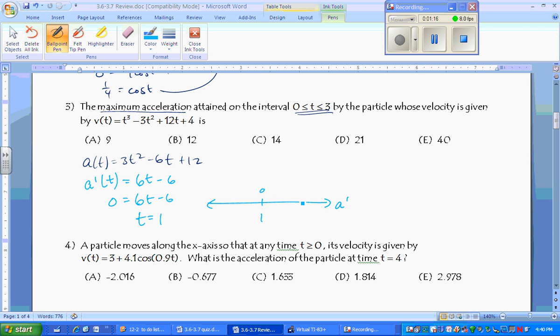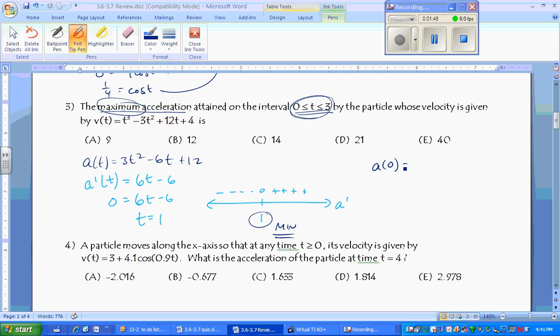So when t is 1, the derivative of the acceleration is 0. If we put in a value less than 1, like 0, into this equation, we get a negative value out. Put something bigger than 1, like 2, we get a positive value out. So actually what this is telling us is that when t is 1, we have a minimum, but we're trying to find the maximum. But remember, we're finding the maximum in this interval, so that means we should check the